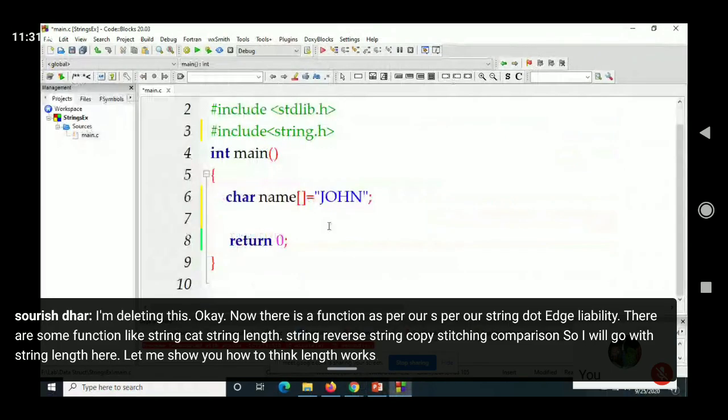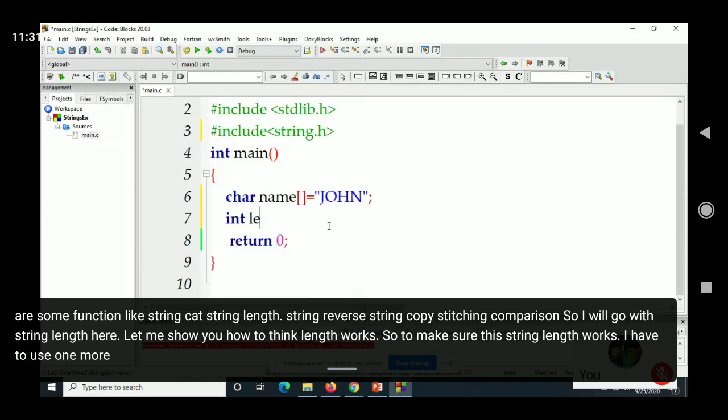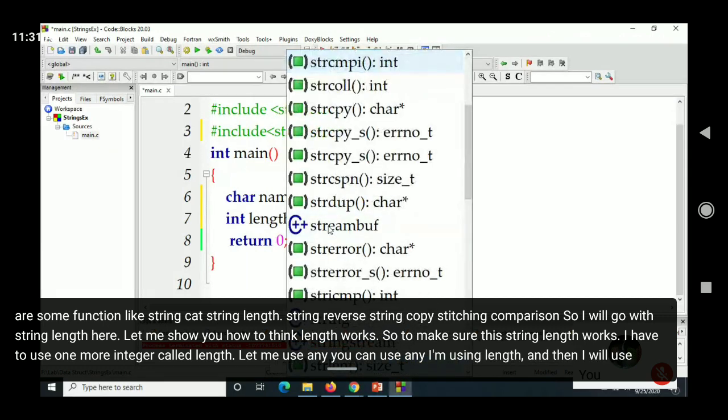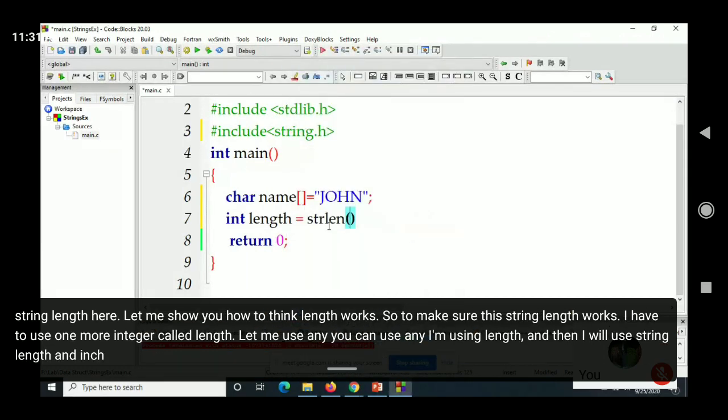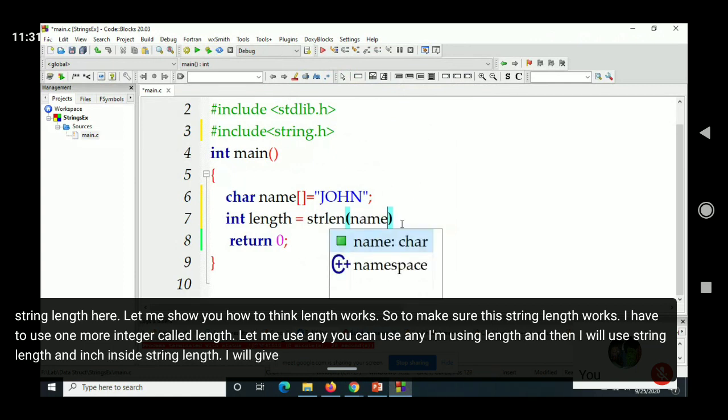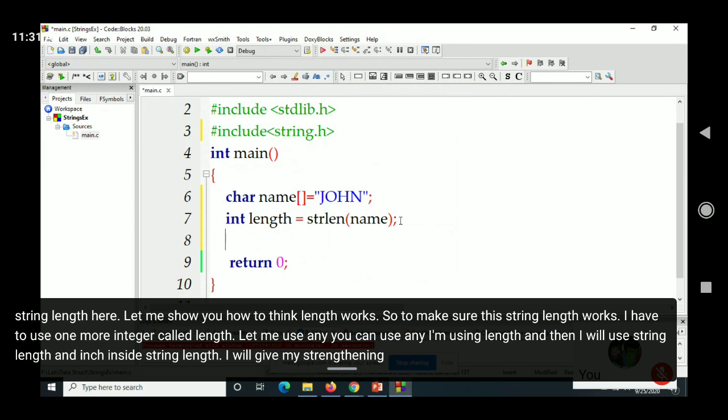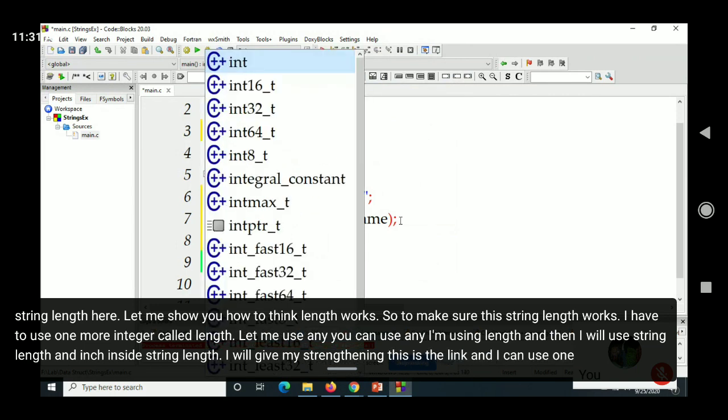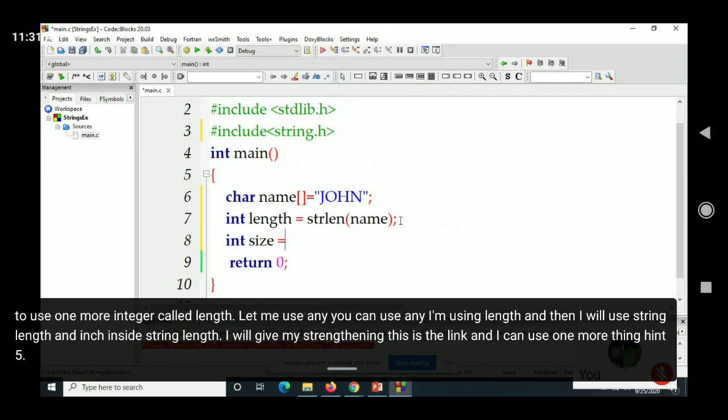To make sure it works, I have to use one more integer called length. I will use string length, and inside it I will give my string array.